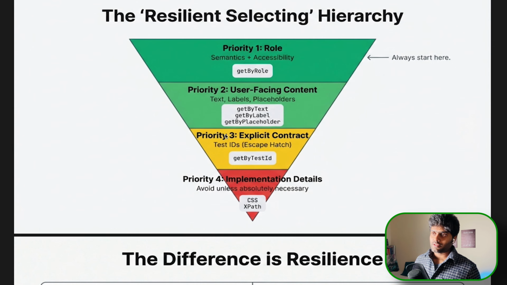What if, again, priority 3 fails? There is no explicit contract and getByTestId is not available. What if the explicit contract fails and there is no getByTestId, and you want another option? The final option, what Playwright recommends, is to go with CSS and XPath if you want to build some complex